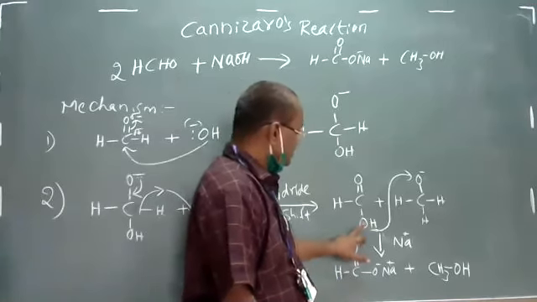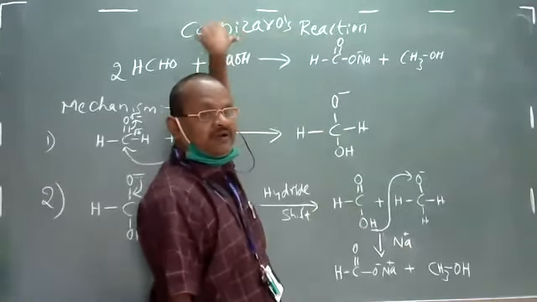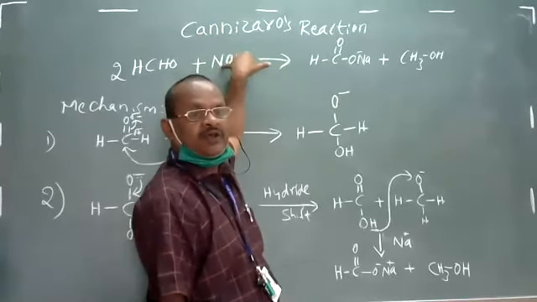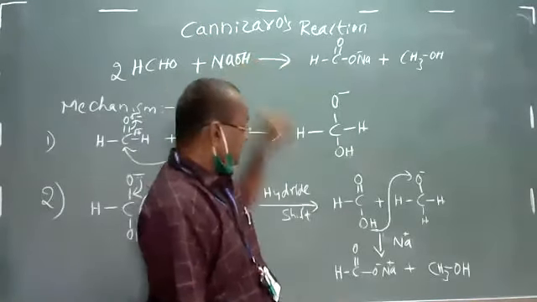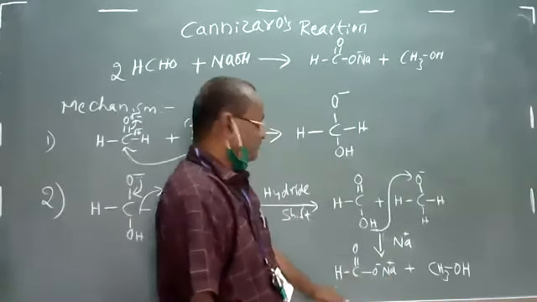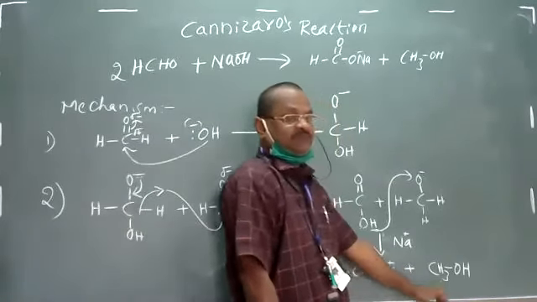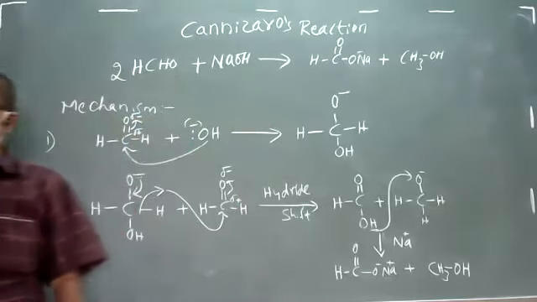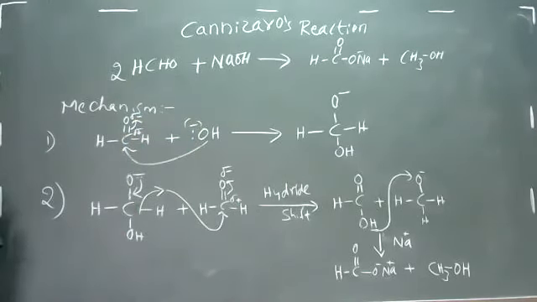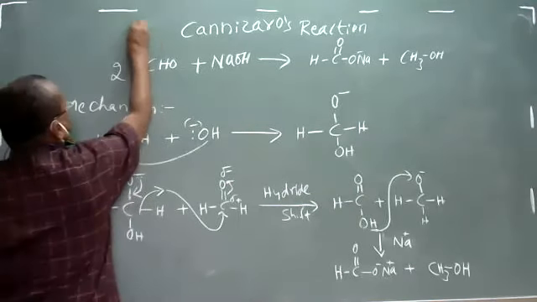This is stabilized by Na plus, which comes in the first step, where by splitting NaOH into Na plus and OH minus, that Na plus is going to stabilize this carboxylate ion. That's how the sodium salt of the carboxylate is formed, and methanol is formed. So the acid and alcohol are generated from this particular reaction. Here, I'll just quickly move to the crossed Cannizzaro reaction.